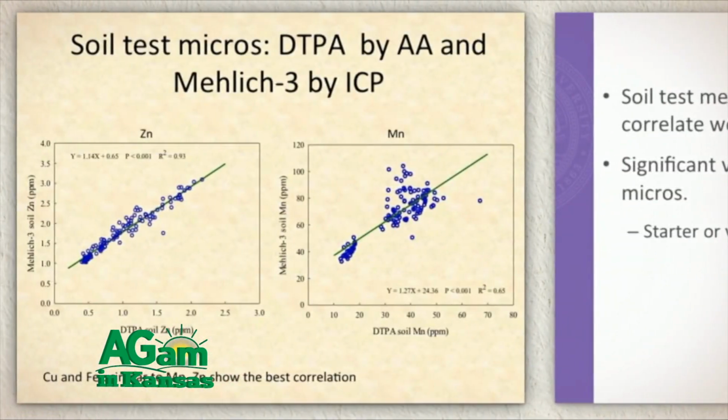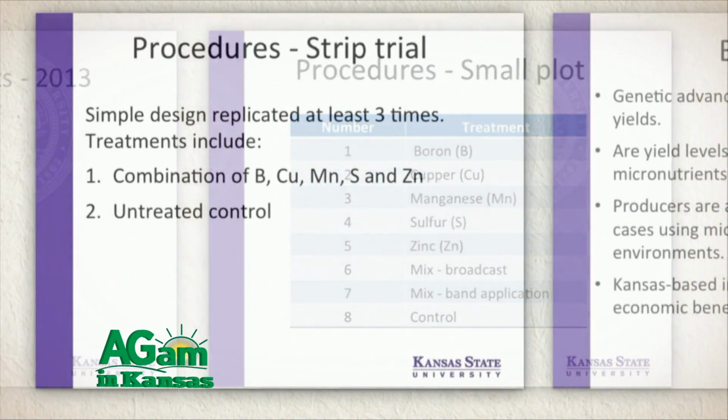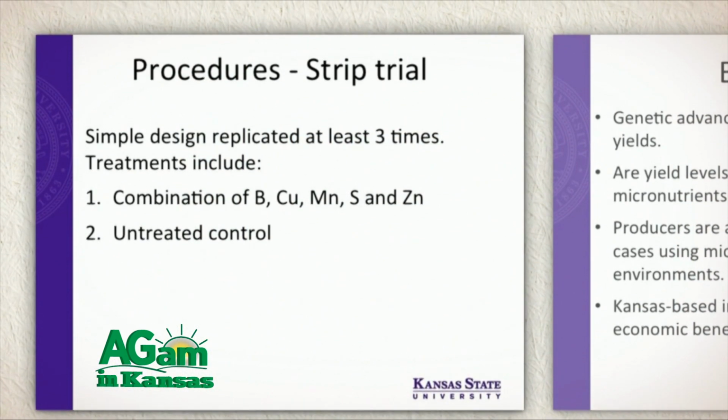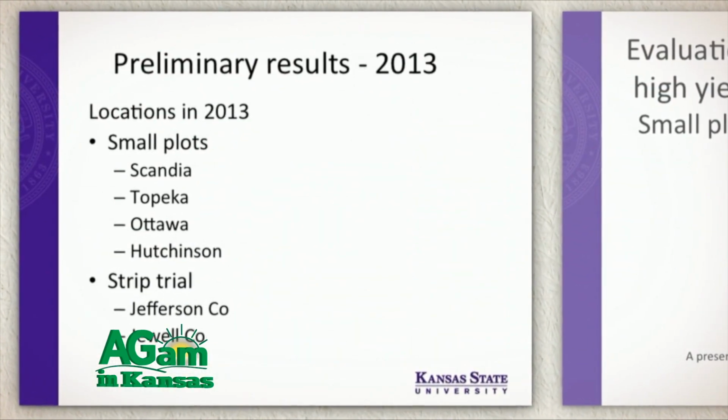producers in Kansas. Something that we've been testing in recent years, for example, is the application of micronutrients to the seed in soybeans and how that may improve growth and yield, especially in high pH soils, conditions where micronutrients and secondary nutrients can be a limitation, in places where we do see a clear deficiency. And we have seen a significant increase in yield, especially in situations of iron chlorosis, for example, in western Kansas,